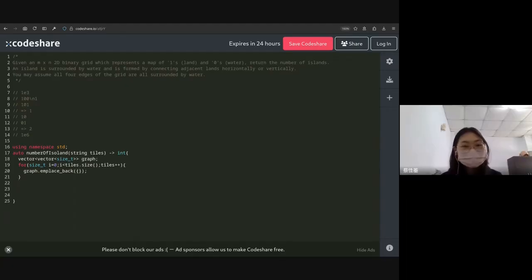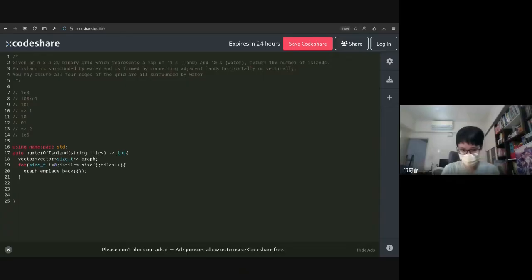Then I have to search for tiles. Before we search for tiles, we may find the width first. So let's call it width equal 0. I will try to find